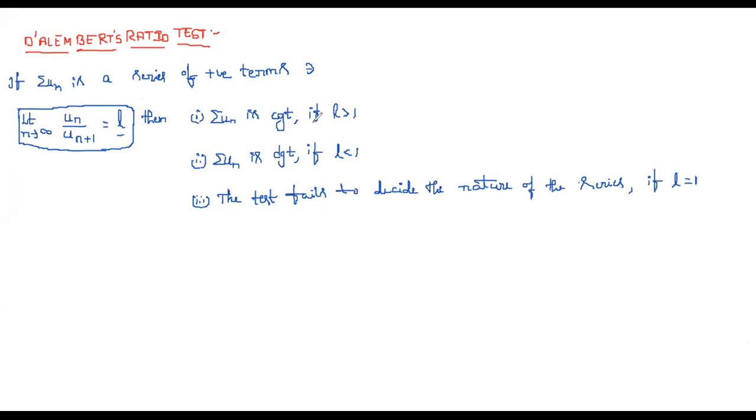When do we say convergent? If we are getting the value of L greater than 1, then we say this series is convergent. If you are getting the value of L less than 1, then we say that series is divergent. Suppose we get L equal to 1, then we say this test fails. So we should not leave it as it is if it fails. We have to say that it is either convergent or divergent in each case.